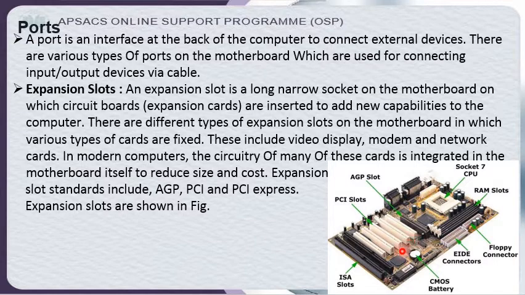If you see here, these expansion slots have different colors. The white color is mostly a PCI slot. The other one, chocolate color, is a VGA slot, and the black color, the biggest one, is an ISA,